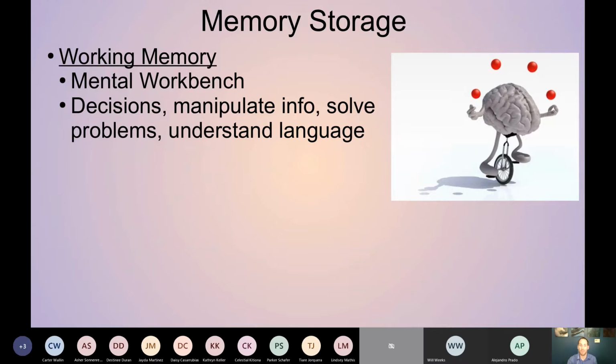You repeat that information, you pull up other long-term memories and connect it with that. You connect it with other aspects of your personality, similar to how they talk about the personality islands in Inside Out. So you make decisions based on this information that's right in front of you. You manipulate the information. You solve problems with it.